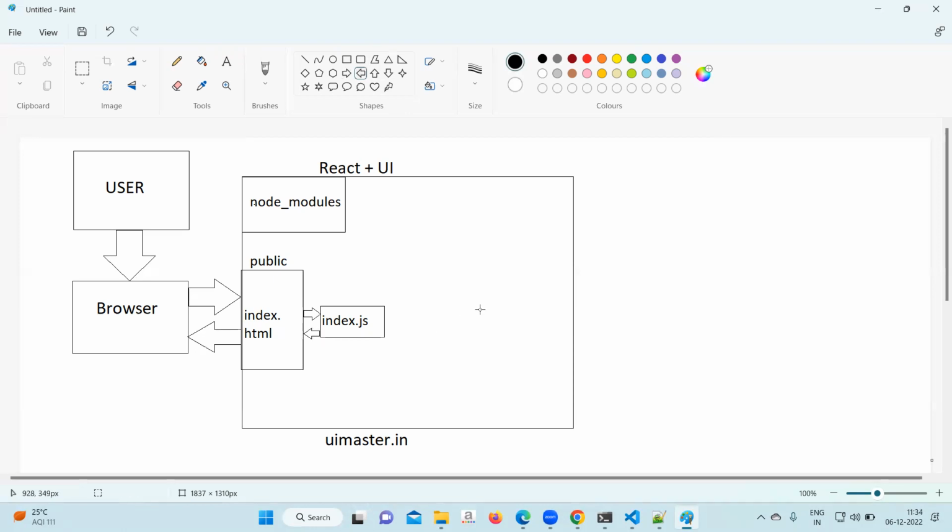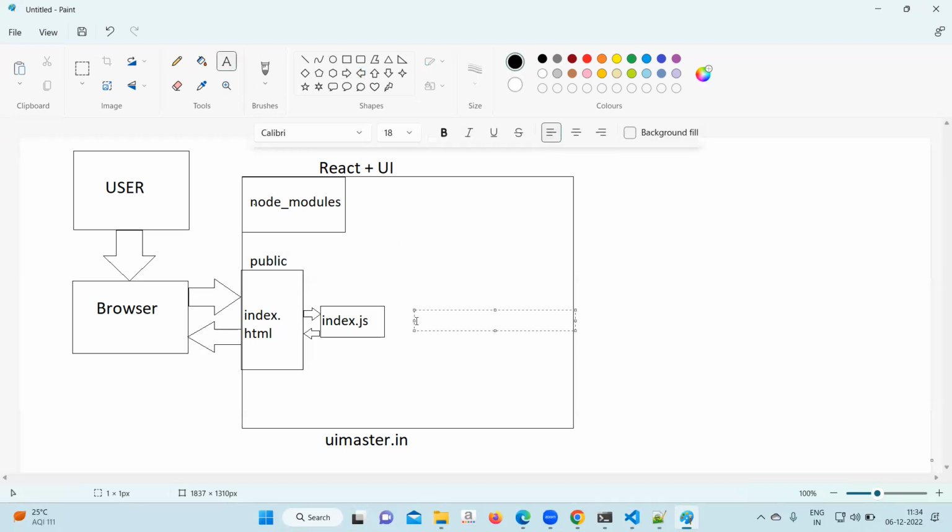So index.js is responsible for giving the data to index.html, and index.html will be responsible for dealing with the browser. Now in this index.js, if you see, you will find only 1 or 2, 3, 4, 5 lines of code, no HTML, because index.js is not going to generate the content. Index.js will get the data from this file. That is called